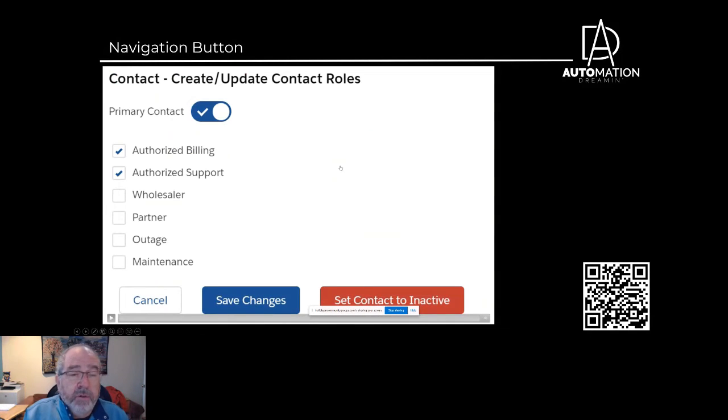Another thing that we can do with these buttons is you can provide programmatically what the button is going to look like, what the text on the button is going to be, and even whether or not that button is going to be displayed. And this component right here that's showing these three buttons, cancel, save changes, and set contact to inactive, I'll show you on this how those will actually change depending upon how the user is interacting with